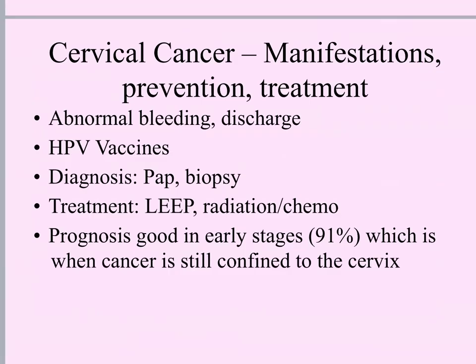So, how does cervical cancer manifest? A lot of the times, cervical cancer is found because of these screenings, like the pap tests. But abnormal bleeding can also be a sign. Out of the ordinary discharge can be a sign. Abdominal pain can be a sign. If a woman is experiencing abnormal bleeding,